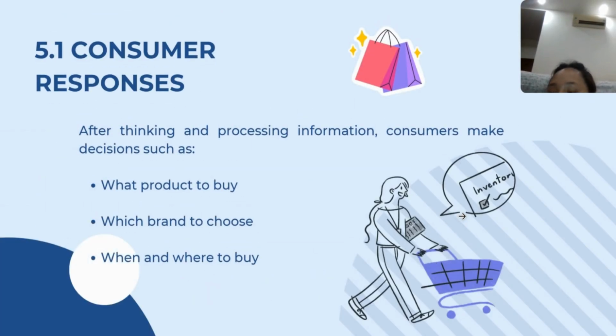Finally, the influence leads to consumer response or buying decisions. Consumers decide which product or restaurant to choose, when to buy, and how much to spend. For example, after seeing a promotion on Rafood, a customer may decide to order food from a specific restaurant at dinner time. In conclusion, Section 5.1 explains consumer markets, consumer buyer behavior, the buyer behavior model, and consumer responses.